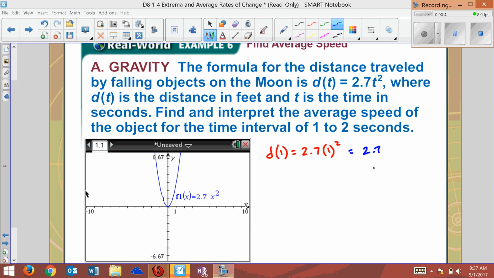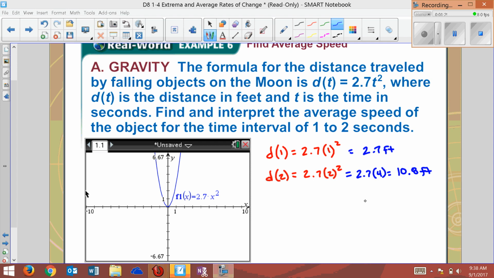2.7 feet is how far it falls after 1 second. I'm sorry, that's the distance it falls after 1 second. Well, let's check the distance after 2 seconds. It would simply be 2.7 times 2 squared. 2 squared is 4, times 2.7. This would be 10.8, I believe. Let me check that real quick. Yes, 2.7 times 4 is 10.8